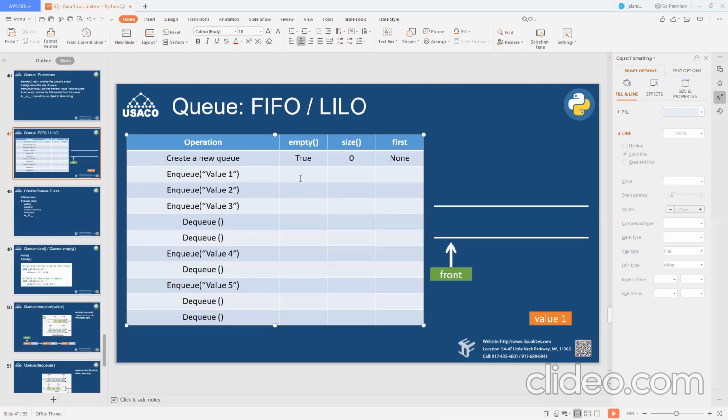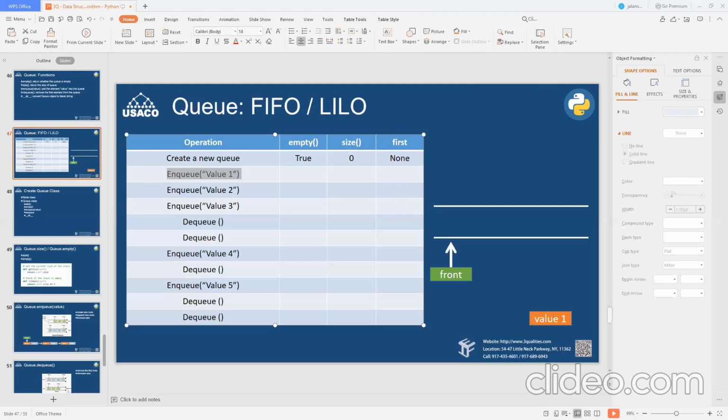Jeffrey, there? Yeah. What I'm doing at the second step. What's the enqueue mean? What's the meaning of enqueue?